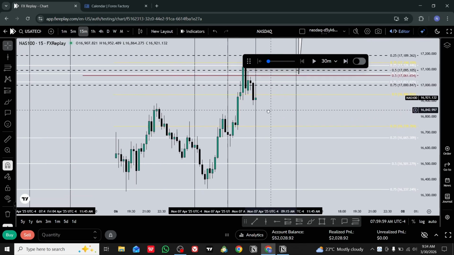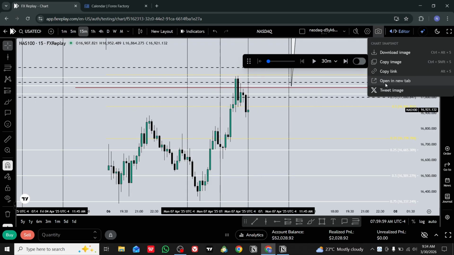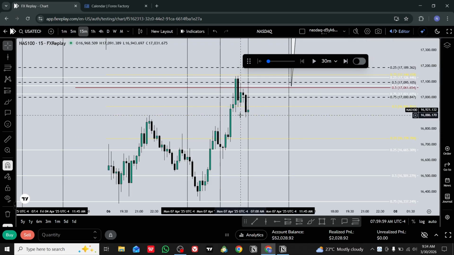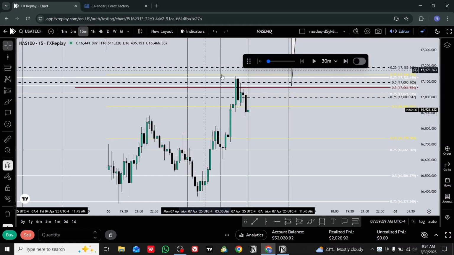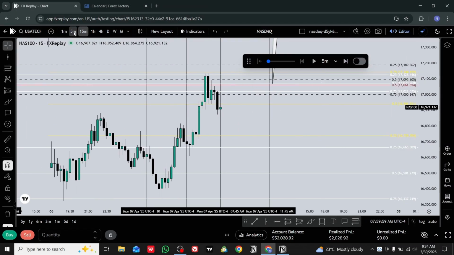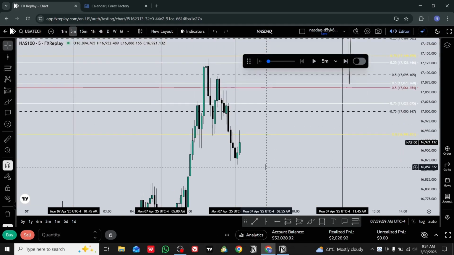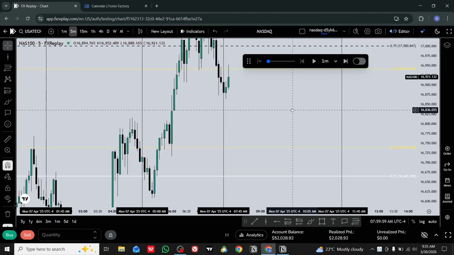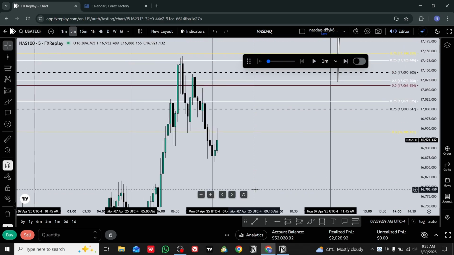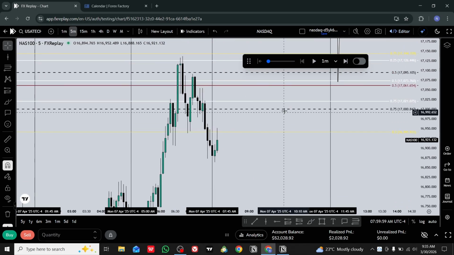Let's see monthly break in market structure, not a breaker but a changing state of delivery, I would say. So let's start the timer and see. 5 minutes. There's no news today. Maybe I wait for 9:30 opening or should I not? Let's see how price goes in the hour of 8 a.m. If I see a good setup, I will trade it. Let's see the next 30 minutes then.